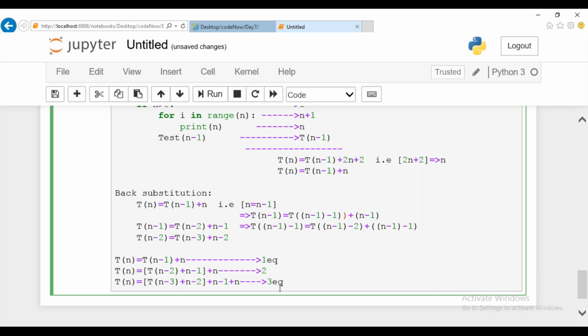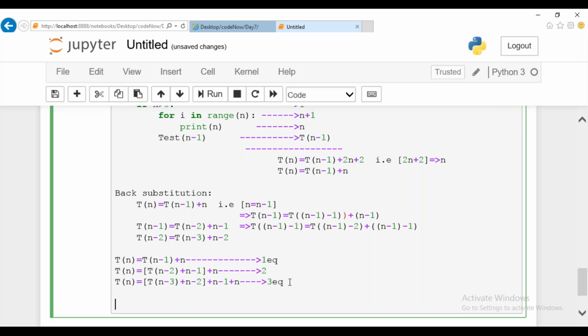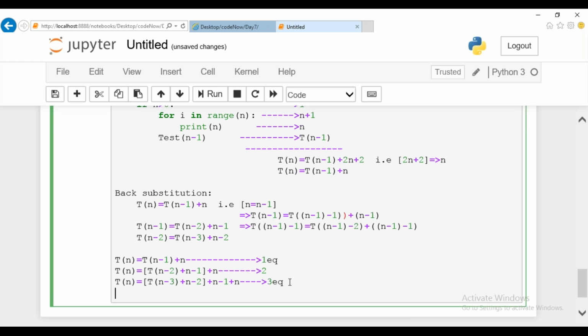Somehow you're going to extend this expression. If you elaborate or evaluate this expression, you'll get T of n minus 3 plus n minus 2 plus n minus 1 plus n. This is the final equation you'll get if you elaborate this information.